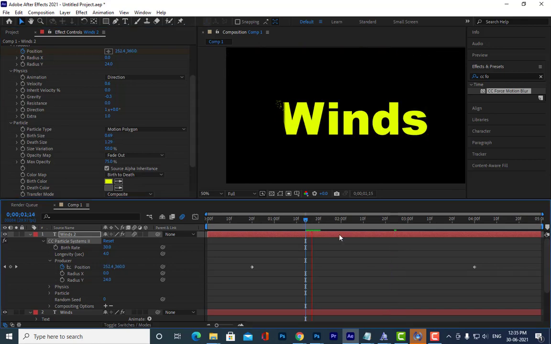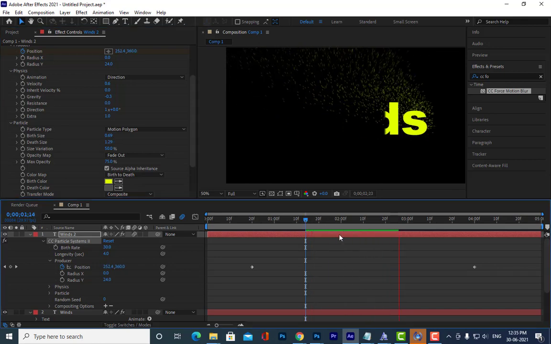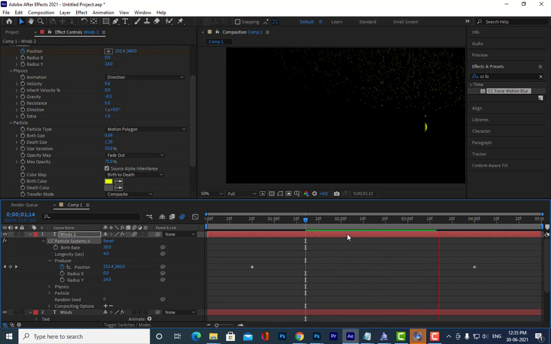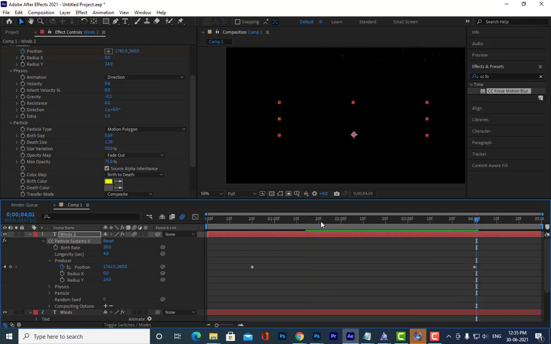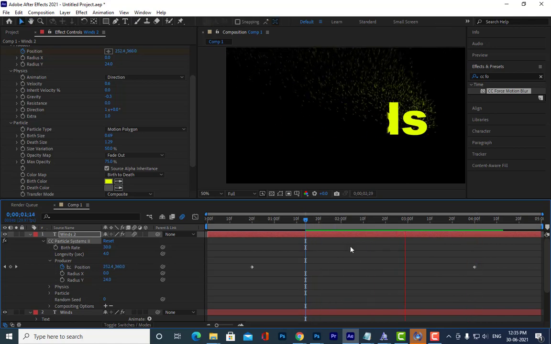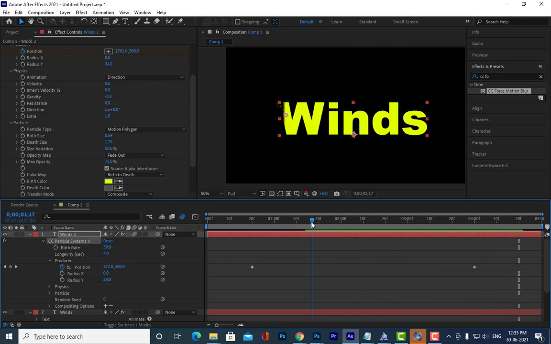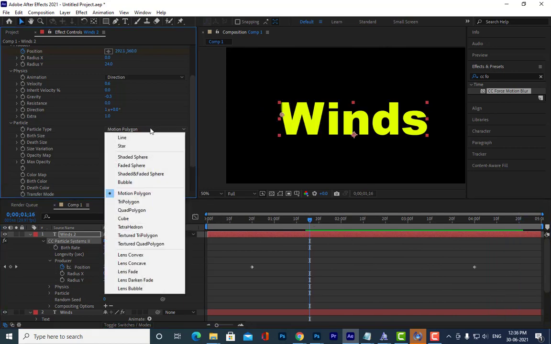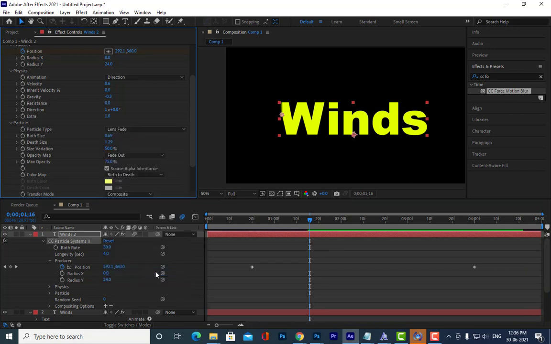So you can try this. Okay, motion polygon you can check, and we can say lens fade. Okay, let us see how it looks. See that? Can you see that?